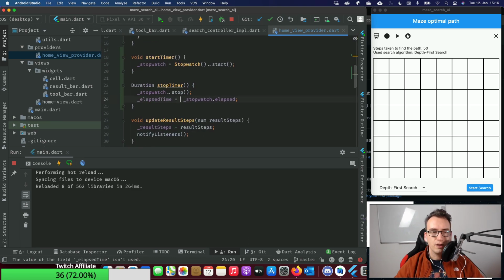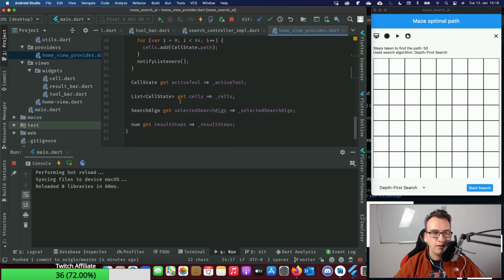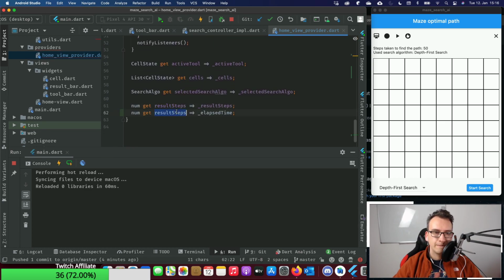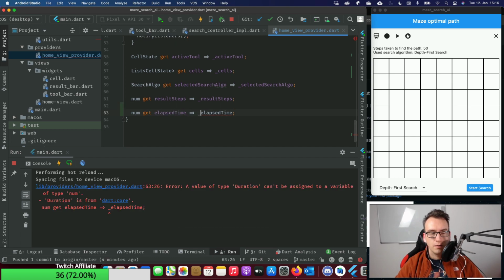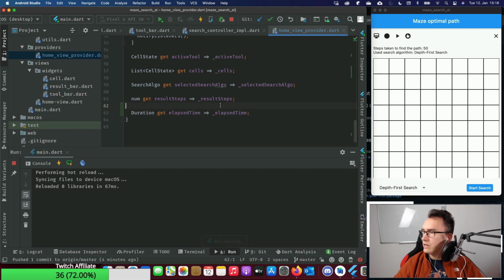So we would have something like this, and this would be void, of course, while this here gets a getter again. Elapsed time. That is here, duration. And with that, we are done.